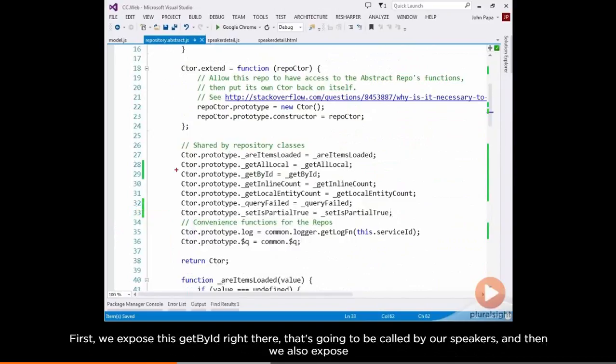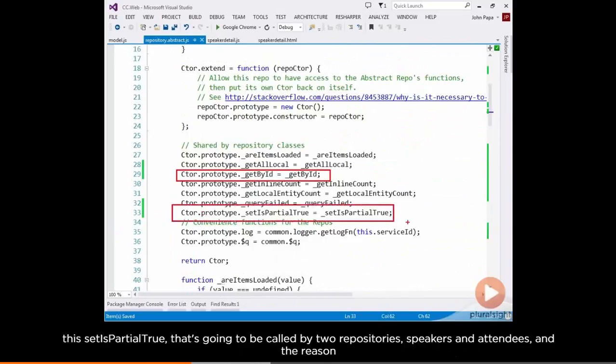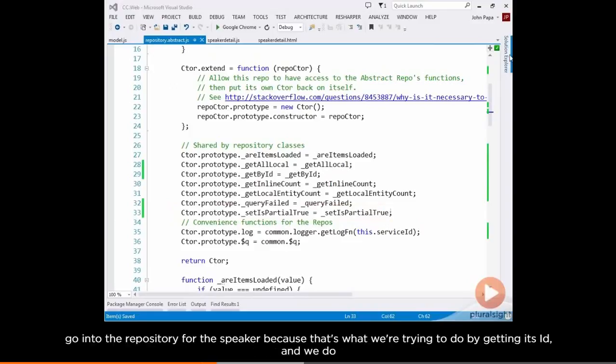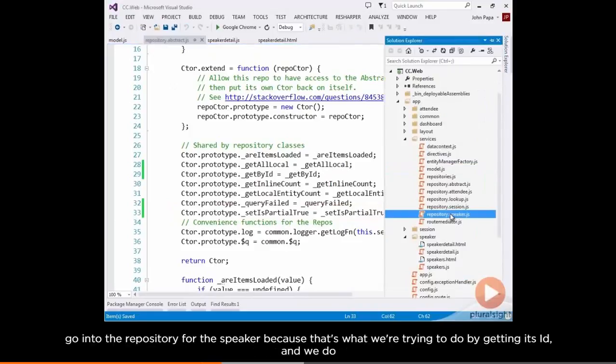First, we exposed this getById right there. That's going to be called by our speakers. And then we also expose this setPartialIsTrue. That's going to be called by two repositories, speakers and attendees. And the reason we put these in the repository abstract is because we wanted them to be shared features. So let's first go into the repository for the speaker, because that's what we're trying to do by getting its